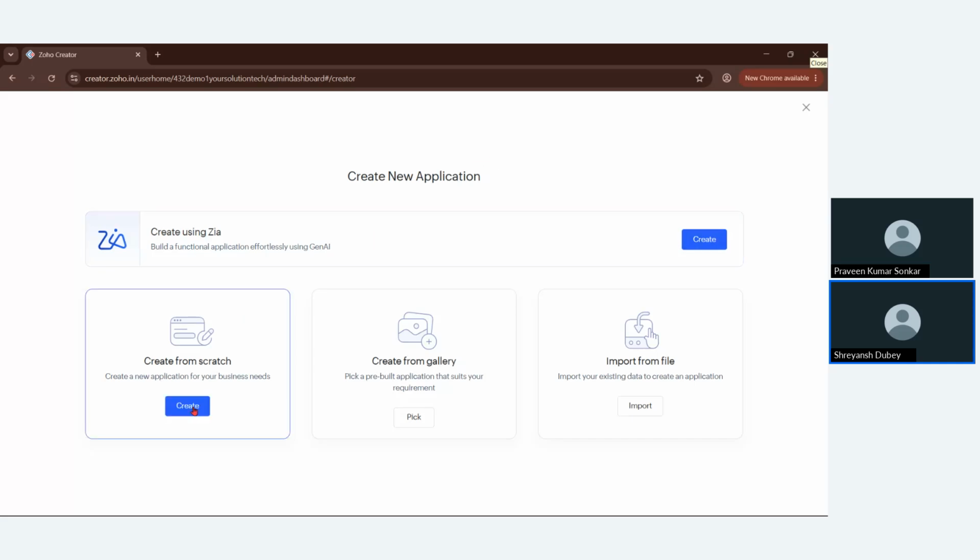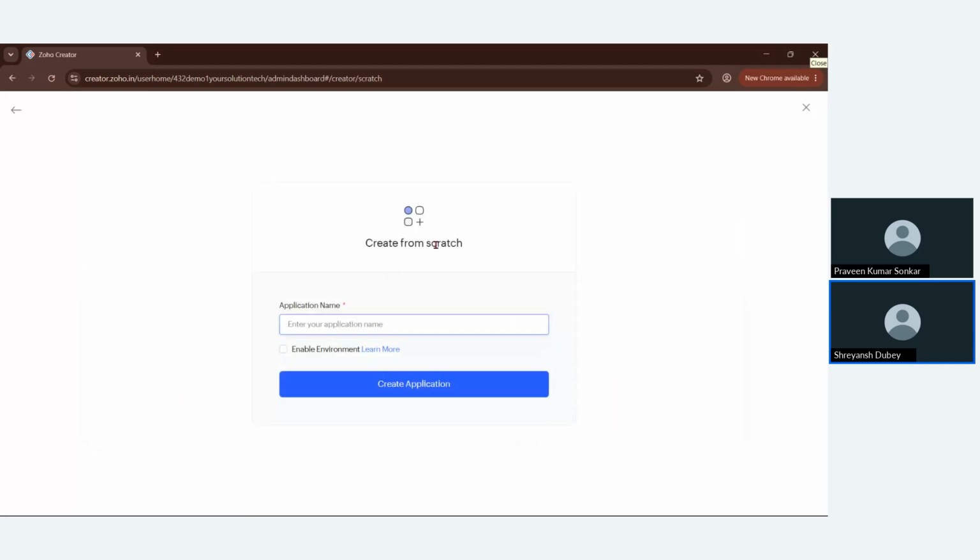You can create an application from scratch, you can create from a gallery, or you can directly import an existing file, which can be Excel or anything, and build the application based on that. For this webinar we will go through creating the application from scratch. So I will be clicking on create from scratch. Now I will enter an application name. For today's webinar we will be